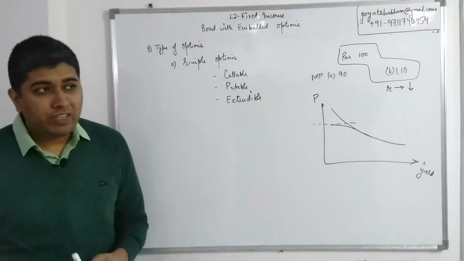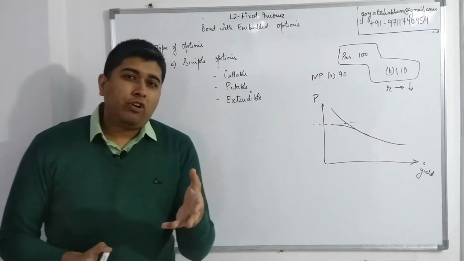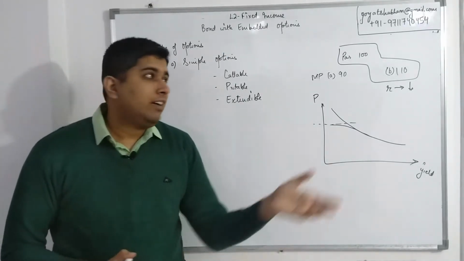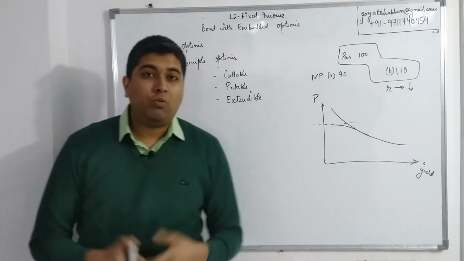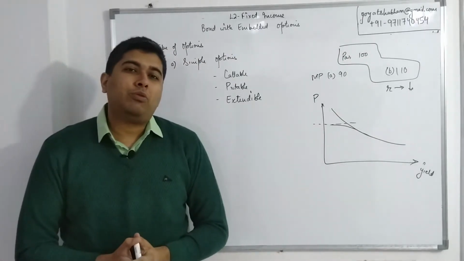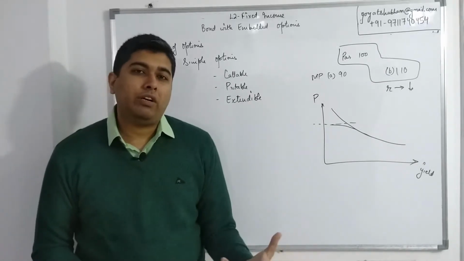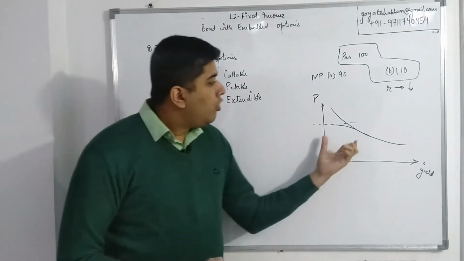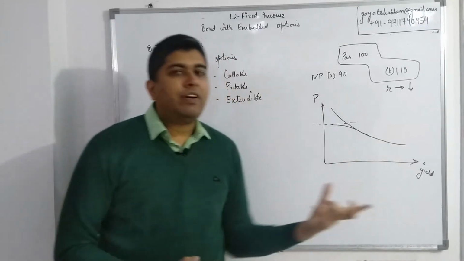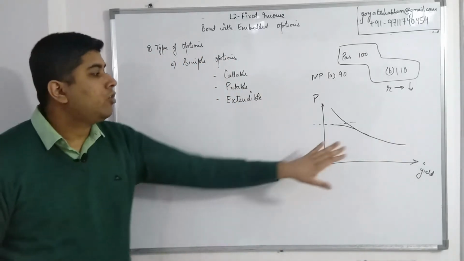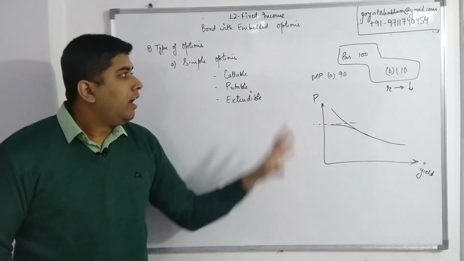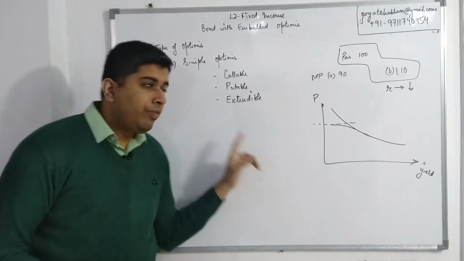Effectively, from an investor standpoint, if you note that your bonds can be recalled at any time at a price of 100, why would you be interested in trading these bonds at a price above 100? Why would any investor buy from you at a price above 100? So effectively, call options have a slightly different structure when we talk about it in a graphical sense. I hope all of that is clear now.